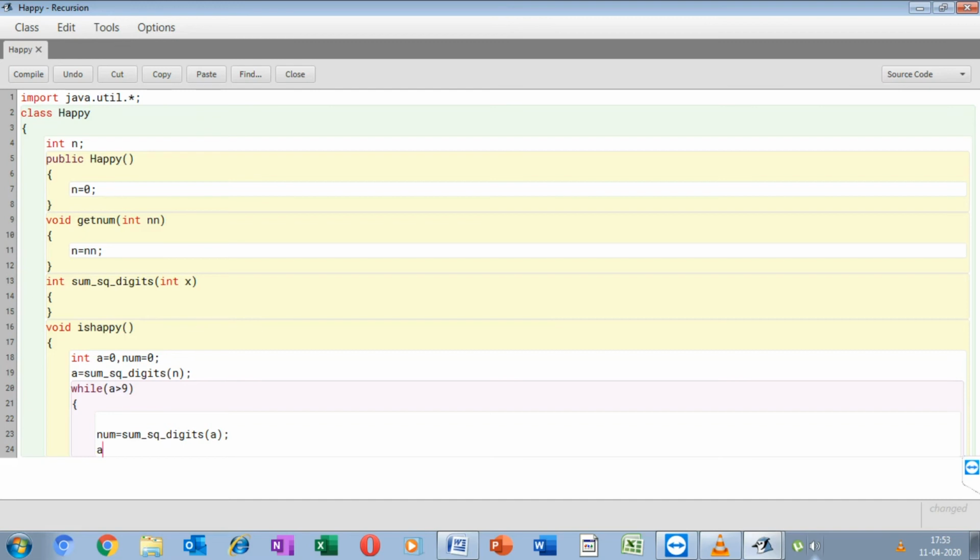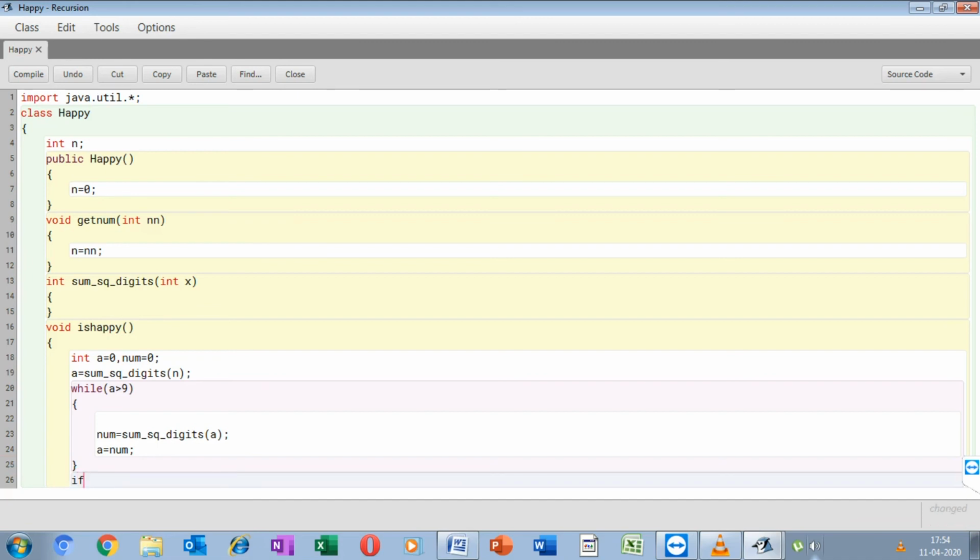Okay, we are calling it twice because we are not sure whether the result we are getting is a 2-digit value or a single digit value. If it were a single digit value, we wouldn't need to bother about anything else, but if it is not, we need to send it back. So at the end we can check if